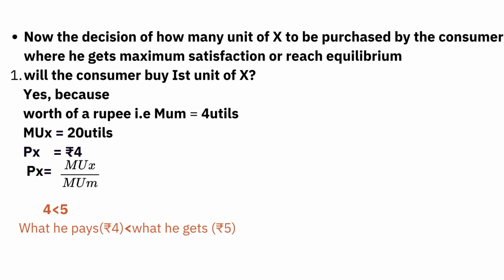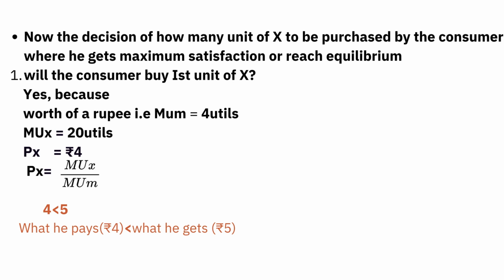And how do we know that? We know that by applying the formula of equilibrium. So what is the formula of equilibrium? It is Px equals MUX upon MUM. Now we will put in the values from the table and the assumption. So Px is 4. MUX we will look up in the table. It is 20. And MUM, as we assumed, is 4. So what he pays, which is rupees 4, is less than what he gets, which is 5. So what he pays is less than the satisfaction he gets,